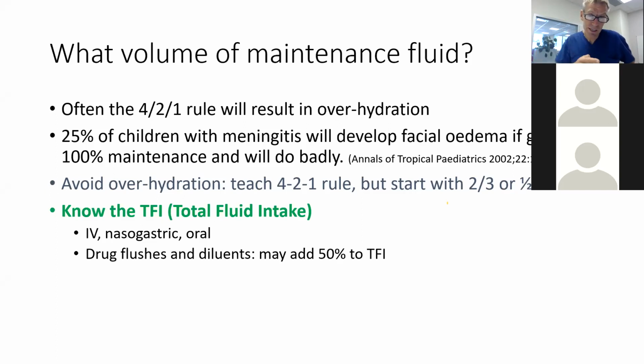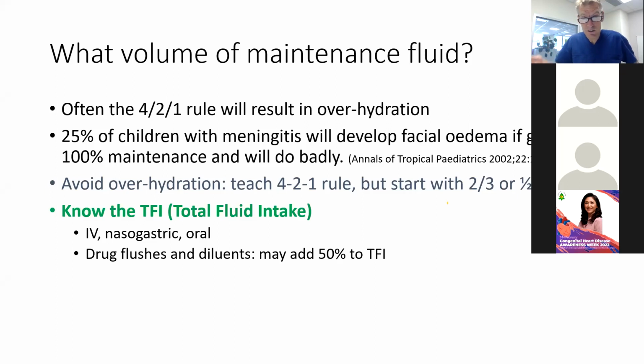But it's surprising how much fluid is in drug flushes and drug diluents, and that may add an extra 25 to 50% even to the total fluid intake a child receives. So we think we're prescribing a certain volume of fluid, and then when we're also prescribing extra,